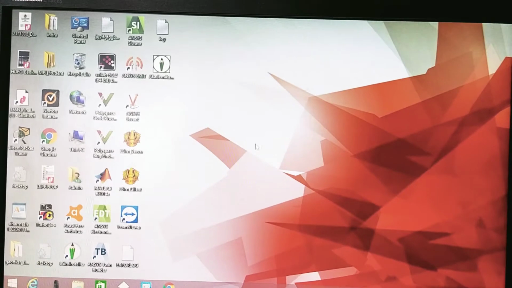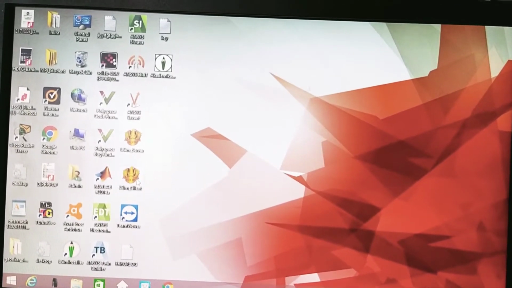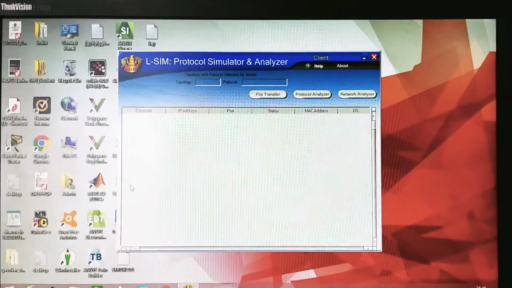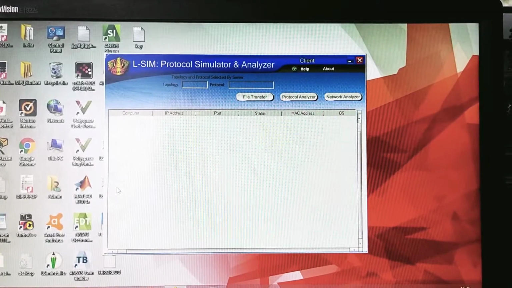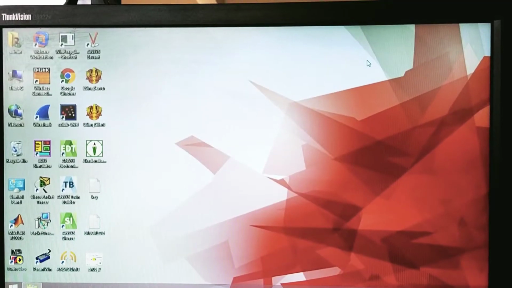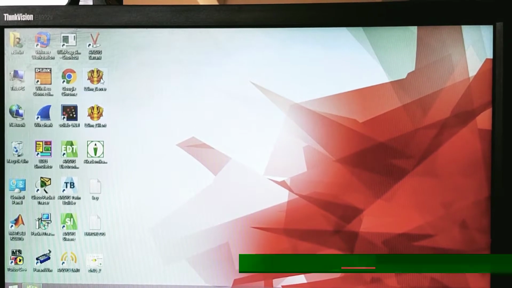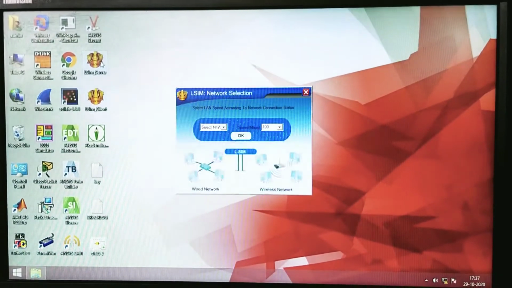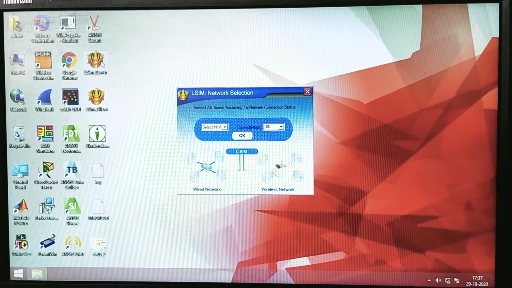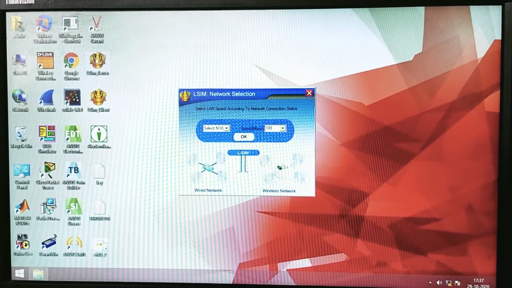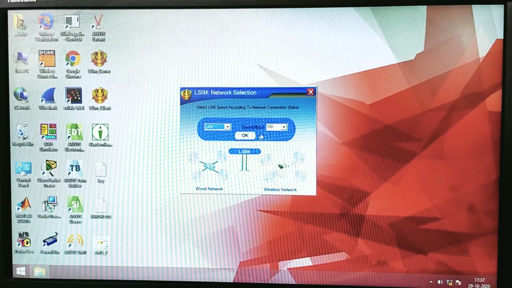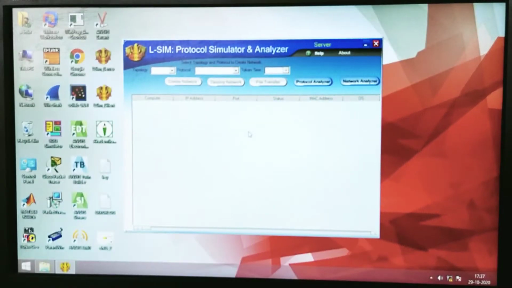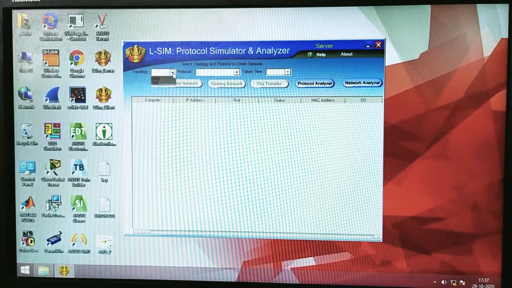Let us start by opening the client application on both the clients. You will see an empty dialog box because the server is not yet ready to provide the IP address. The very next step is to open the LSIM server and the clients will get server IP, that is 192.168.10.2 on either sides. Here select your network LAN and keep it to the default, that is the LAN speed 100 Mbps. With this you will get a window to configure the topology.